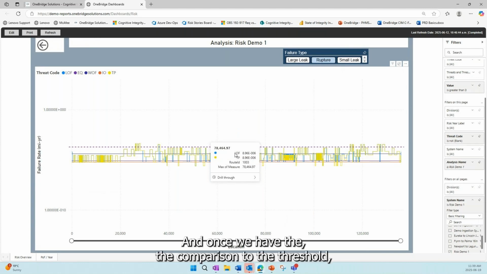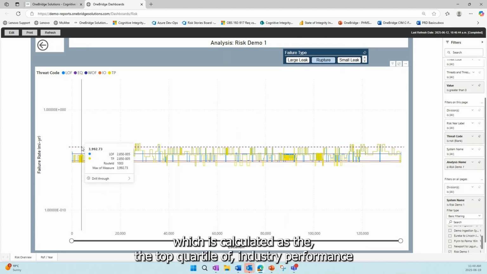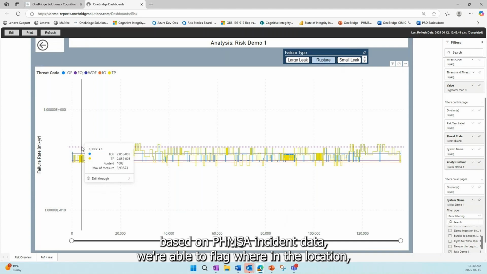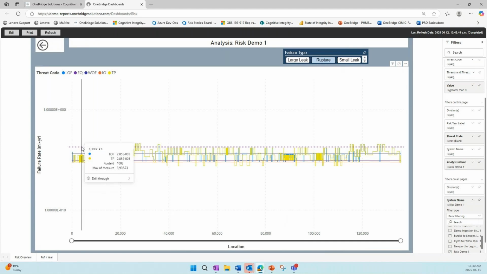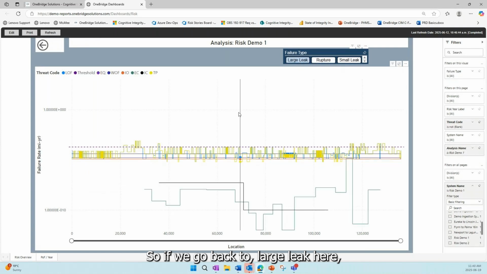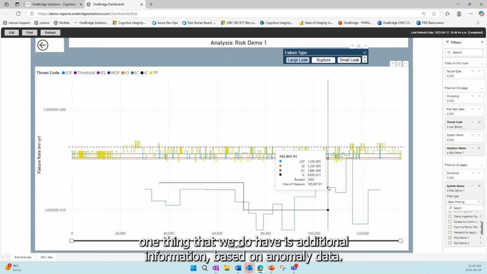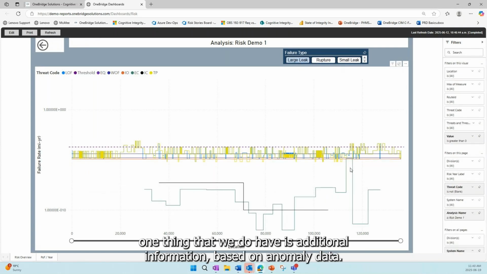And once we have the comparison to the threshold, which is calculated as the top quartile of industry performance based on PHMSA incident data, we're able to flag where in the location the data is, or where the risk exceeds the threshold. So if we go back to large leak here, one thing that we do have is additional information